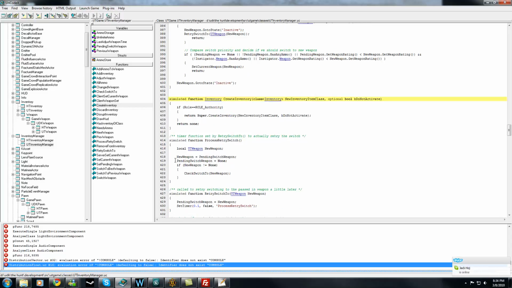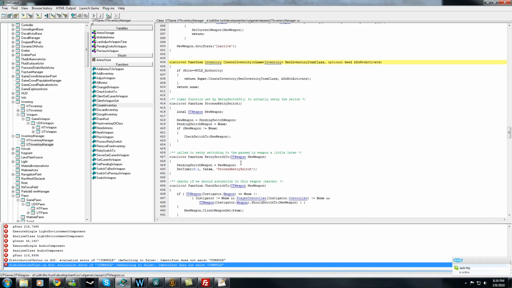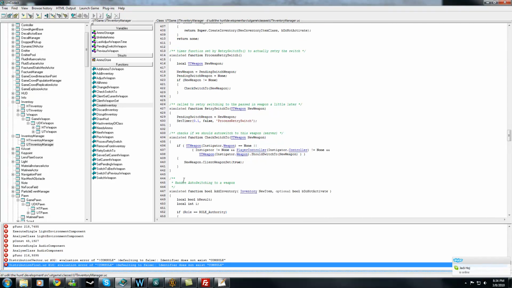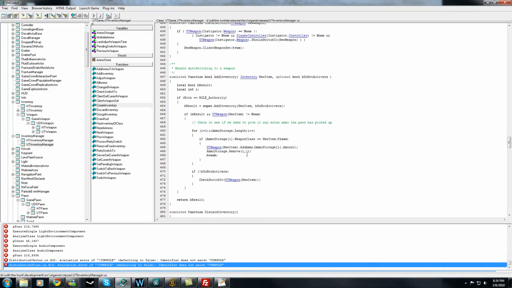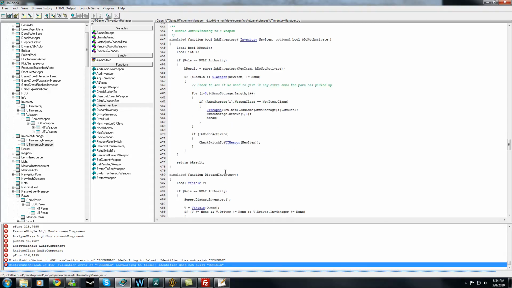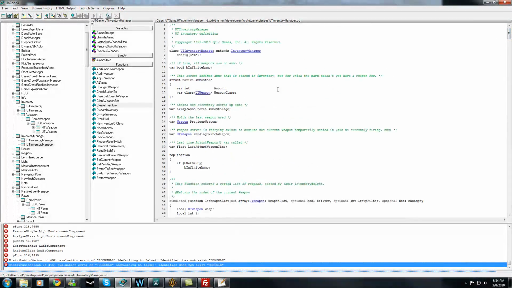Now, this process retry switch is a bunch of logic that handles switching weapon with a timer and things like that. That isn't in Inventory Manager. I decided to take all this out, but you'll see things like add inventory. It's using UT weapon. What I did is I went back and took out all the UT weapon references and made them HT weapon, and I also took out all this ammo storage code, because at the top of this class you'll see that we have